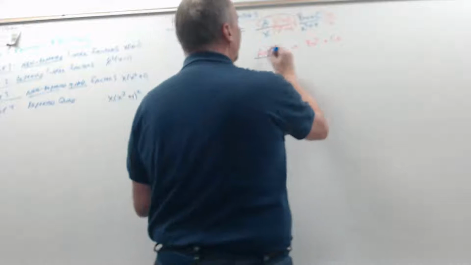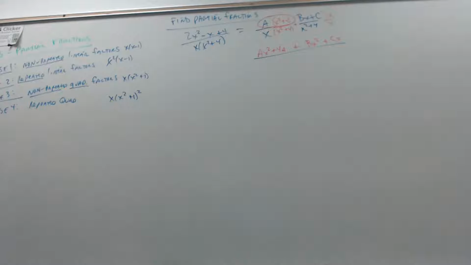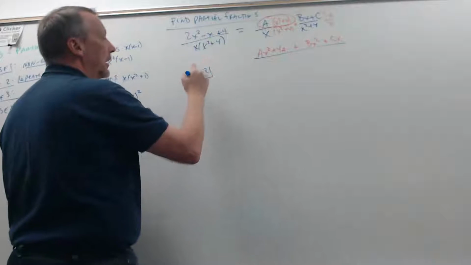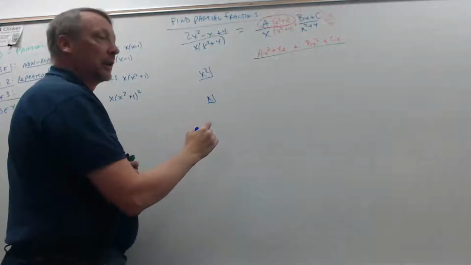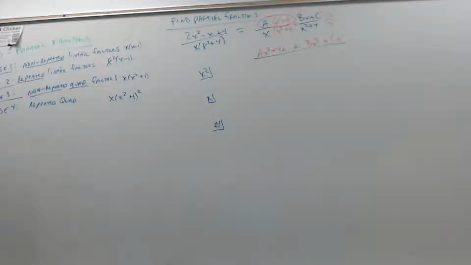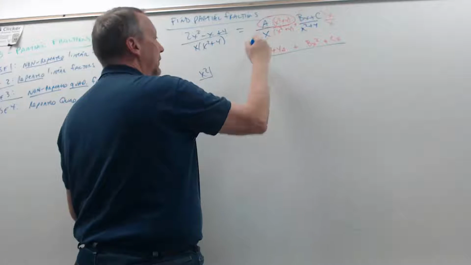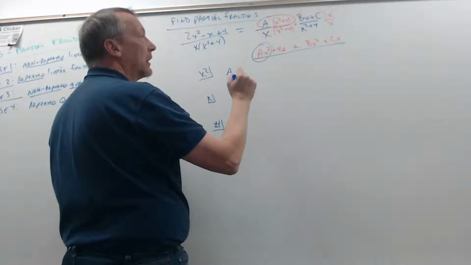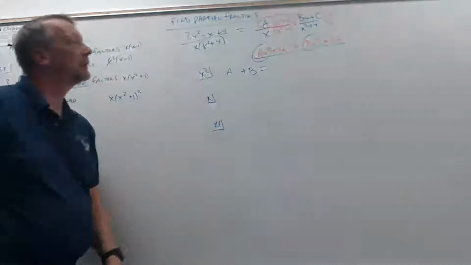Okay, so this is all done, right? So now I need to start making my 3 equations and 3 unknowns, or whatever it works out to be. What's my highest degree? I've got an x squared term, and I'm going to need an x, and a constant term. Let's create an equation for the x squareds. I'm going to drop the x squared and just say a plus b has to equal